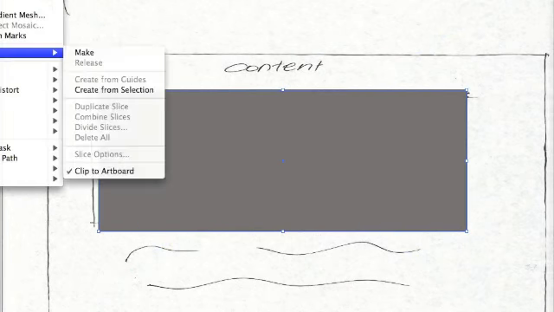Firstly, how to block in a layout using Photoshop or Pixlr. Firstly, we're going to use a rectangle tool, like I did just there. I'm going to block out the middle, and that's where I'm going to put a video. And then, yeah, block that out. And then I'm going to use a line tool